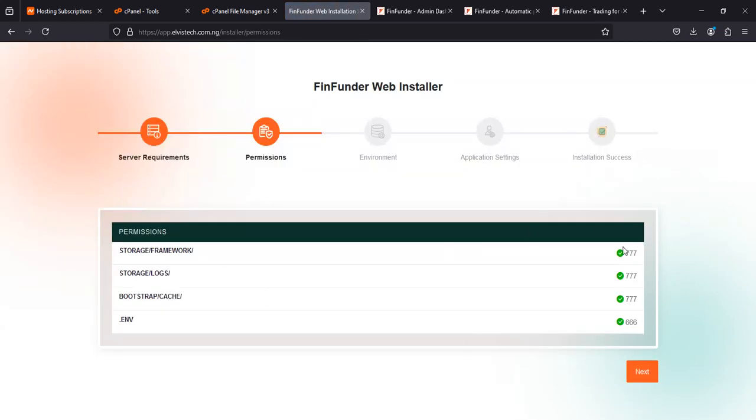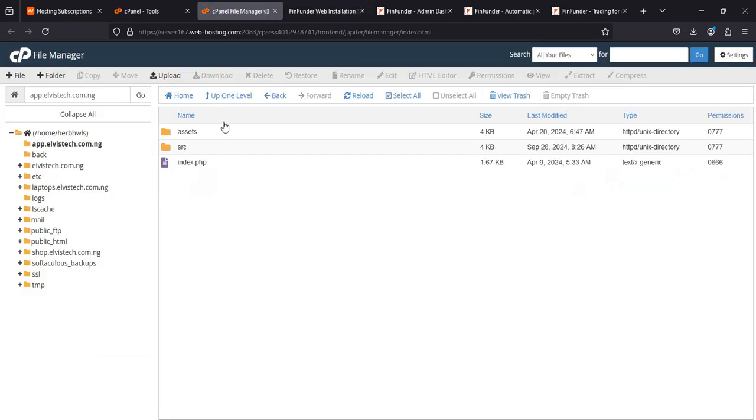Now make sure that these permissions are there. If any of these files doesn't have this permission, it's going to show you red. All you have to do is, let's say this is coming with 644, so it's going to show you a red mark for you to give it a permission. So all you have to do is copy the right permission that is being shown, then you go to your files, you click on source,